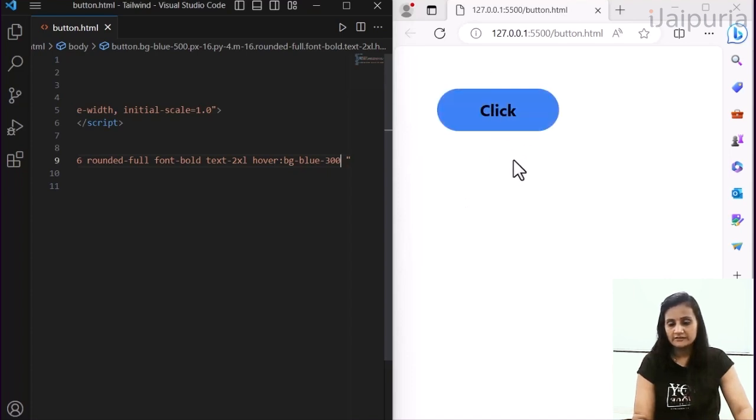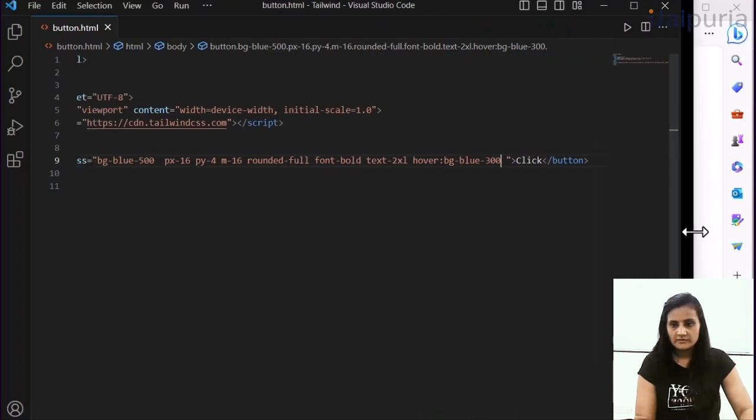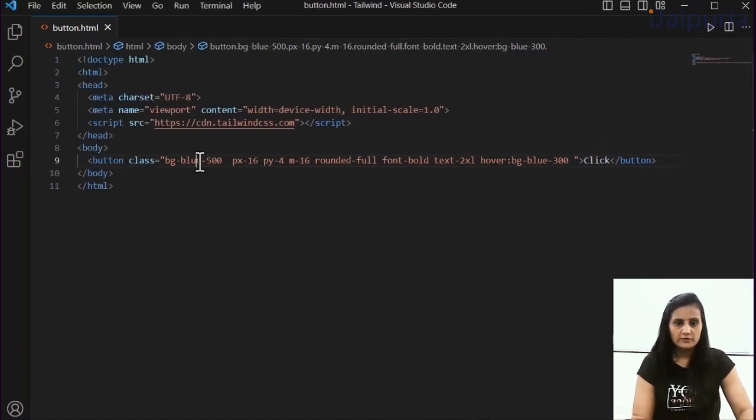It looks like, yeah, it's functional. So these are all the things that you can also try. What properties did we use? Let me show you. See here, these are all the properties. First, what we have taken is background color, then PX16, PY4, MY16, rounded full, font bold, text to be 2XL,